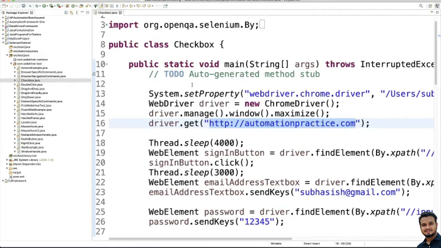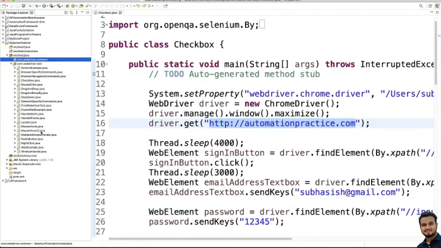For that, first we will create one property file, right? Always remember, you can create the property file inside the resource folder. Here if you see, we are writing the test cases in the package src test java. Inside that I have a package and I am writing test cases in that.